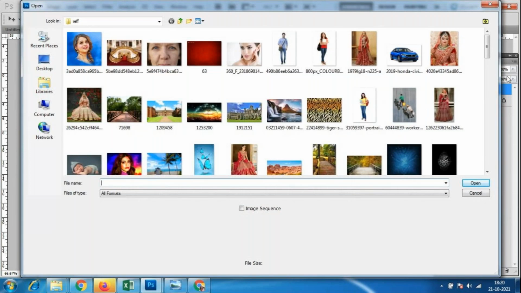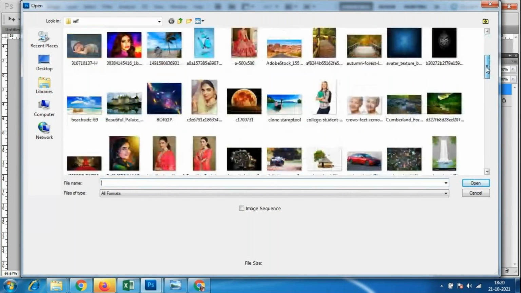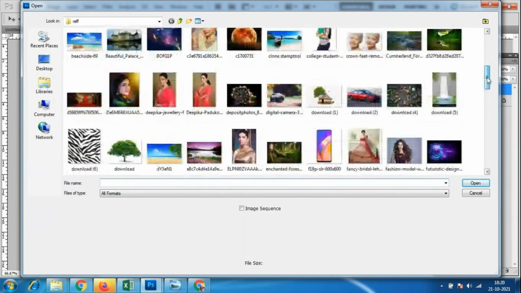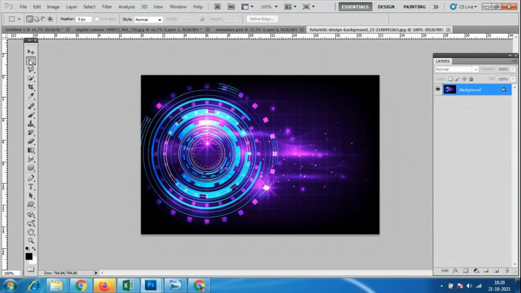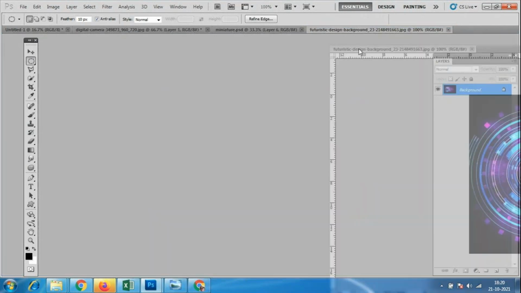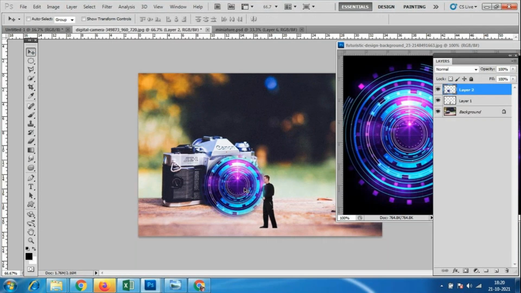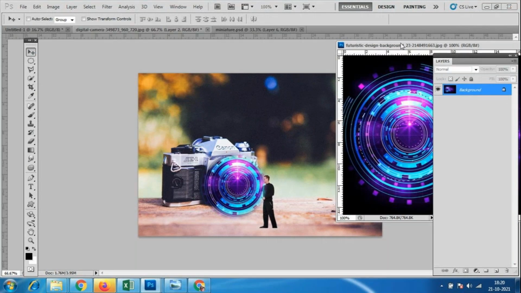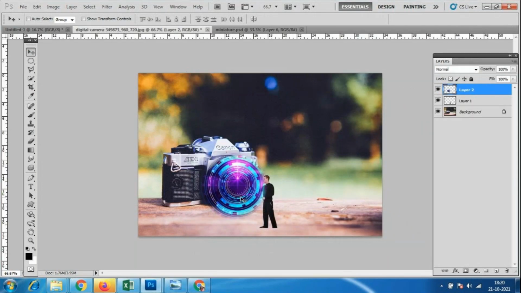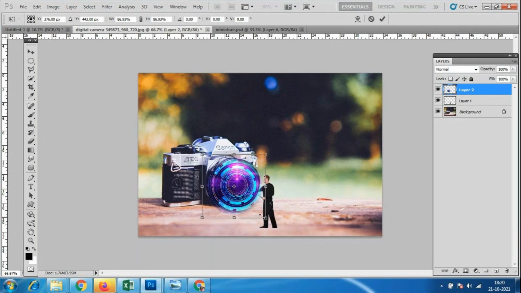And what we can do is go to this elliptical tool, and I will select this much area with the circle, and then go to the move tool. Everywhere it's the same tool that works here, no extra tools. Control T. I'll place the person inside that lens. I'm placing it like this.